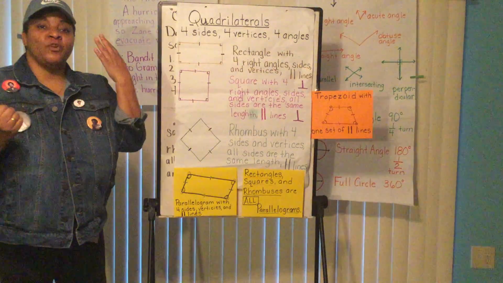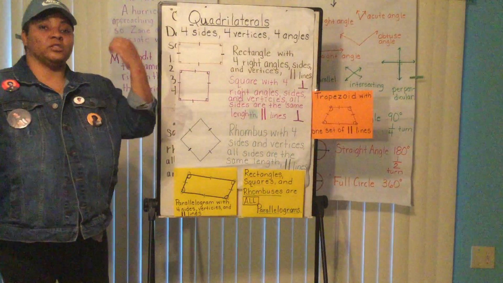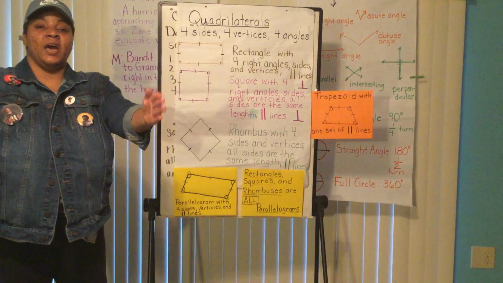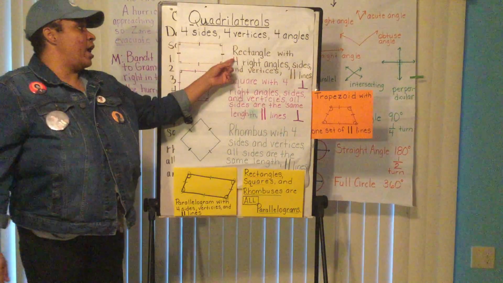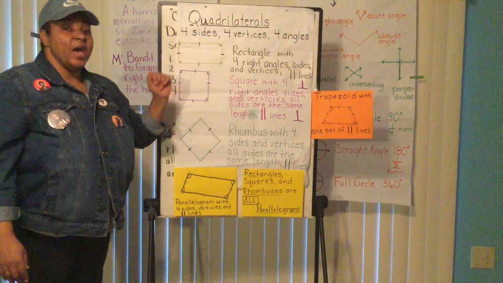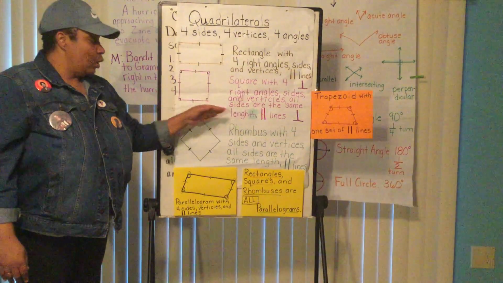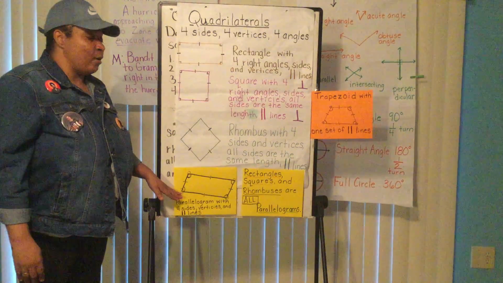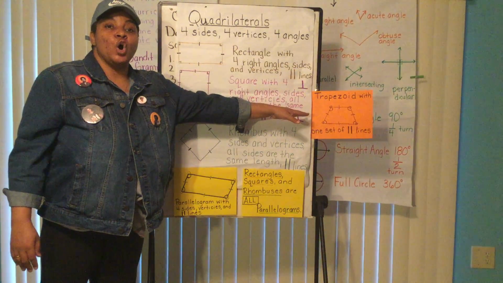quadrilaterals. Four sides, four vertices, four sides, four vertices. Four angles, four angles. Some are parallel, some are parallel, some are perpendicular, some are perpendicular. Rectangle, rectangle, square, square, rhombus, rhombus, parallelogram, parallelogram, trapezoid, trapezoid. They are